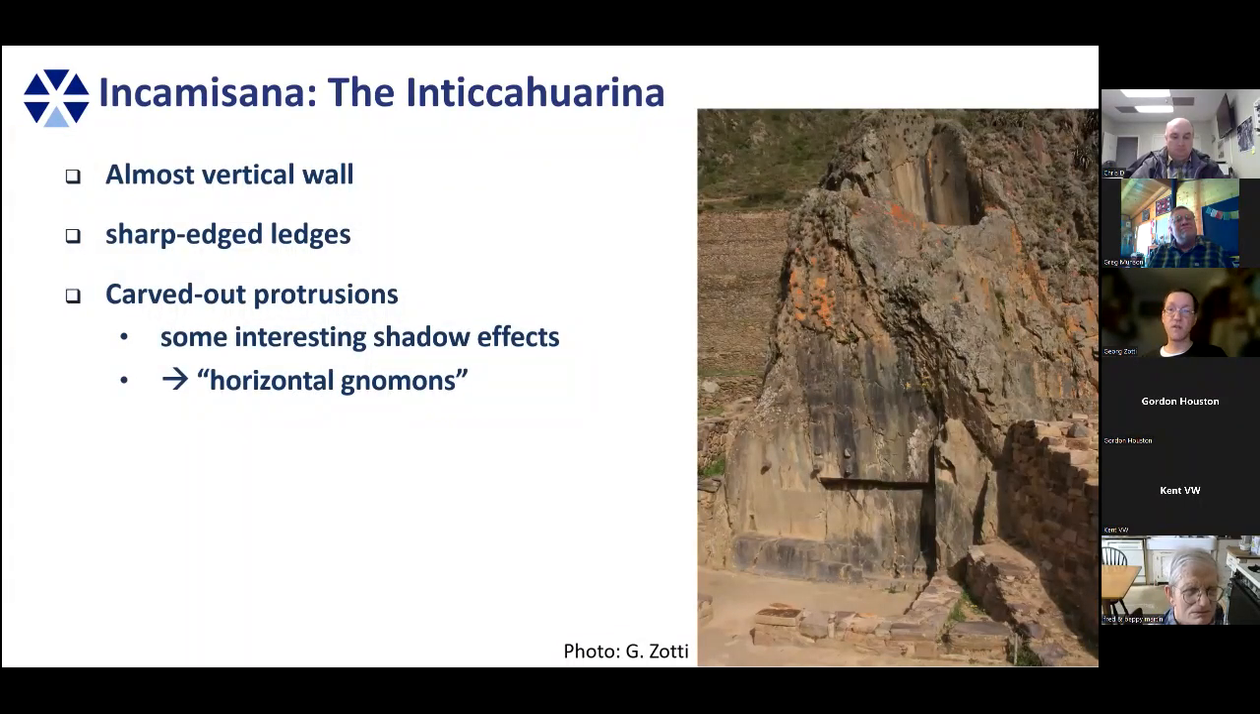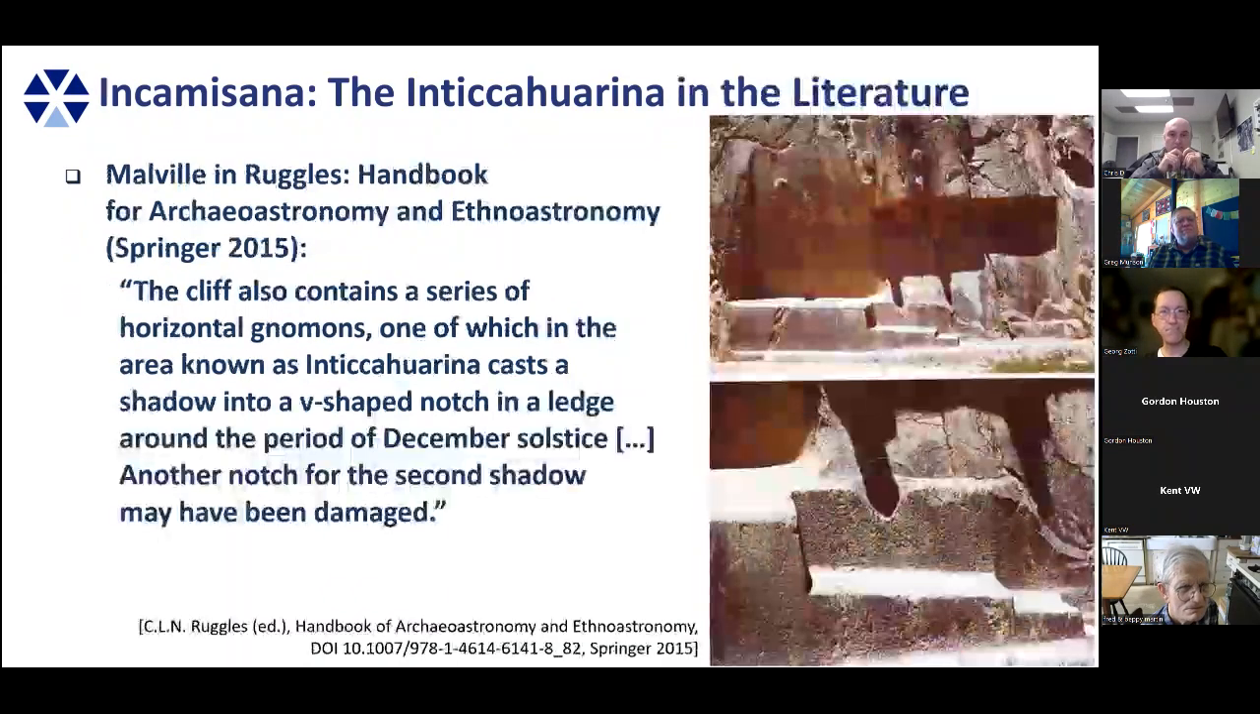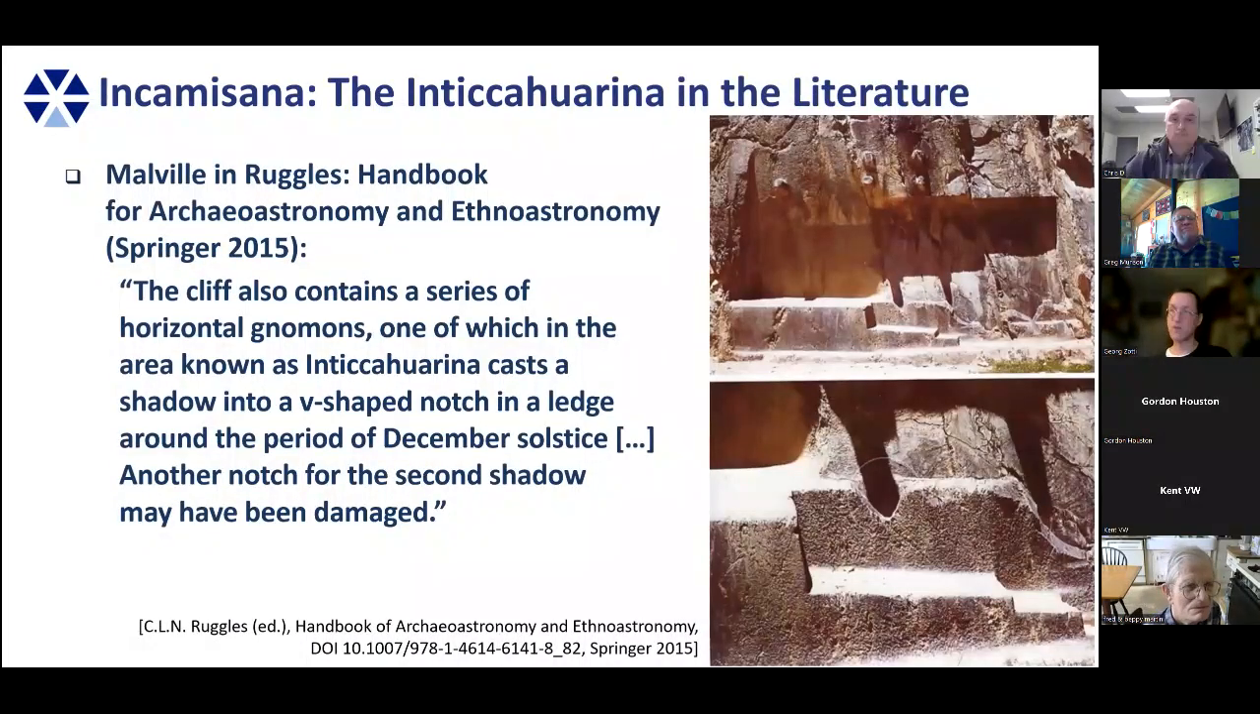It is an almost vertical wall. It's a sculpted wall with sharp-edged ledges, and there are some carved out protrusions. That means things that were left when the wall was carved. And these provide some interesting shadow effects. And this is what Kim Malville called the horizontal gnomons. He has written a chapter in the Handbook of Archaeoastronomy,